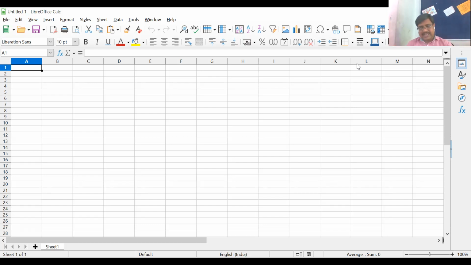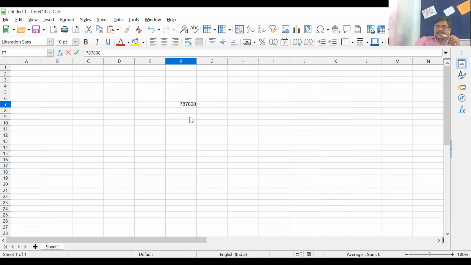Now the next part. Many cells are there, but which one is the active cell? Data is entered in a cell, especially in the active cell. Suppose I'm talking about this cell, F7. This is my active cell, so here I can have the data.